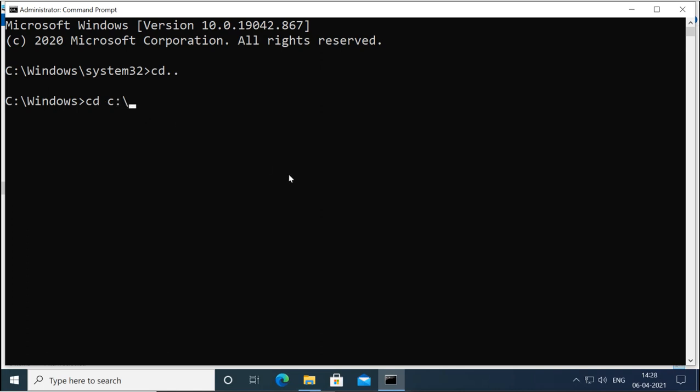Like I want to go into Users, then the name of the user, and you can use the Tab key to get the available options. When you press Tab, it will show you the available options, and it will also auto complete. So I type des and press Tab, and it completes. I want to go to this user's Desktop, and now I'm on this user's Desktop.